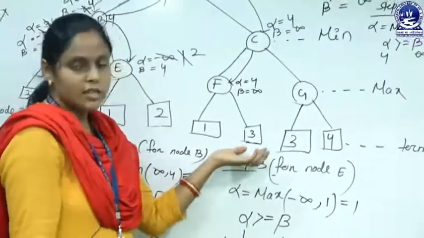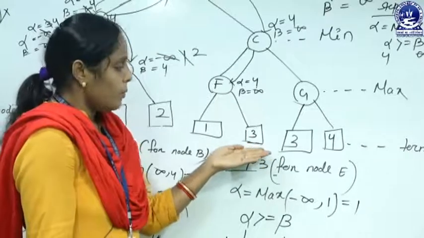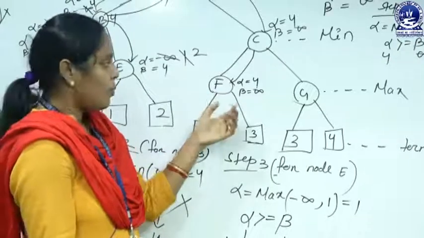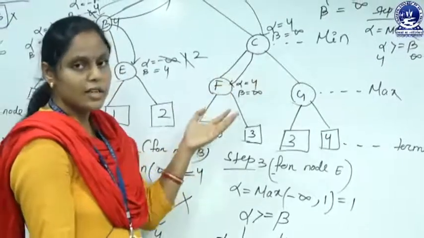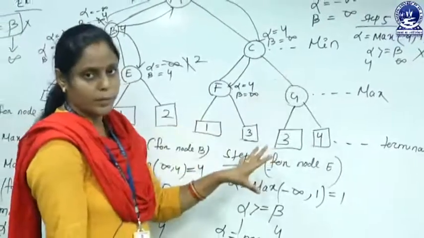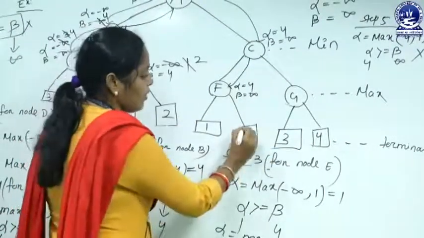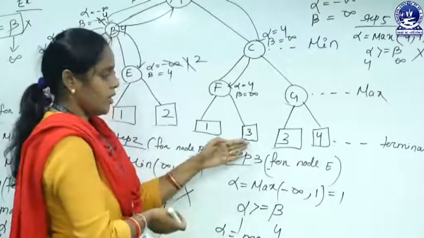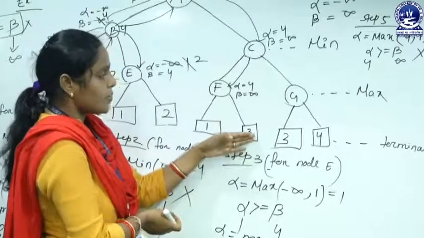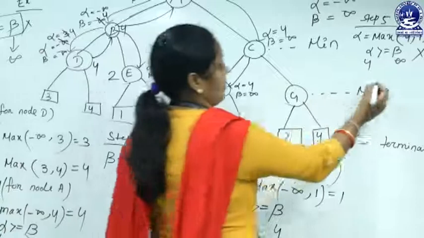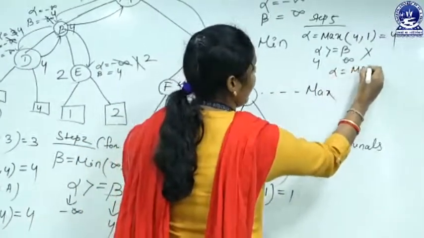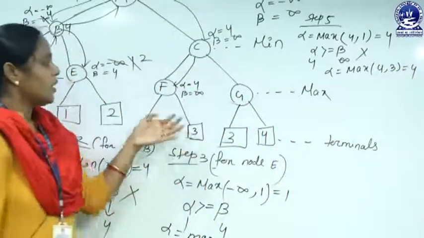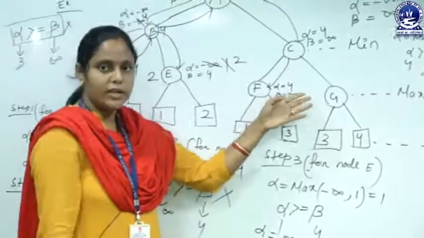Here I am changing this value because if I am taking 3, then we can easily find out the alpha beta value for which the condition satisfied, and we can put this subtree. Now here suppose this terminal value is 3. That means now we compare this value with our alpha value. Again alpha equal to max of 4, 3, which is equal to 4. That means here the alpha value remains the same, that is 4.